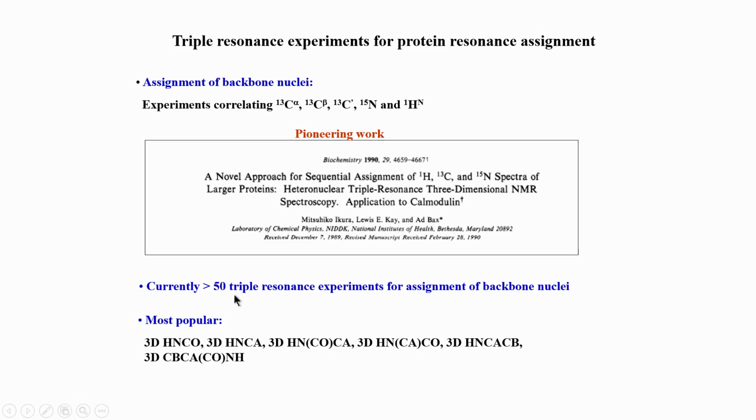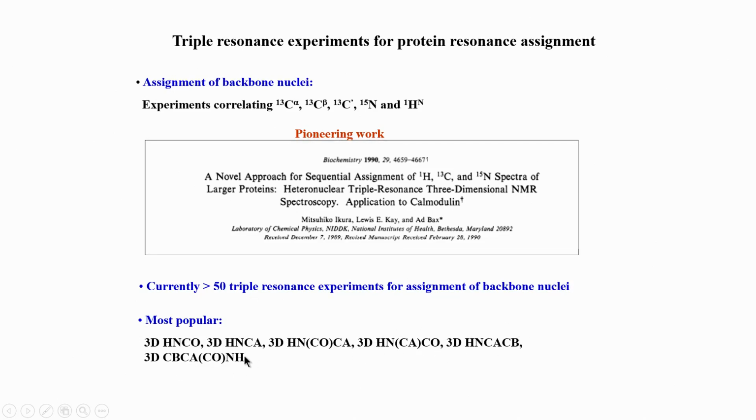Currently, as of today, there are more than 50 triple resonance experiments which are known in literature, and it keeps evolving, it keeps developing. This 50 is a number which was about a few years ago, but if you count all the triple resonance experiments, there are many in literature. But we will not go through all of them in this course, because actually the most popular ones are listed here, HNCO, HNCA and so on. So, we will look at these experiments in detail one by one and see what kind of information we get and how they are actually constructed, and its use in assignment we will not look at in this part of the course.